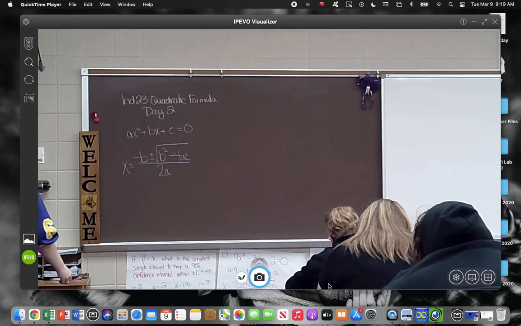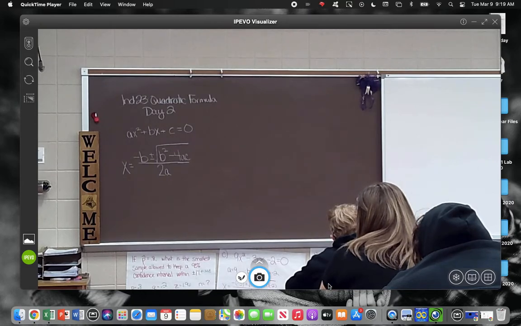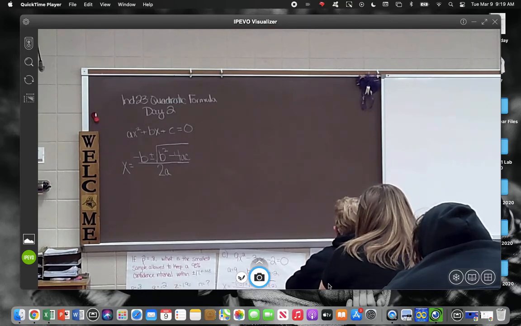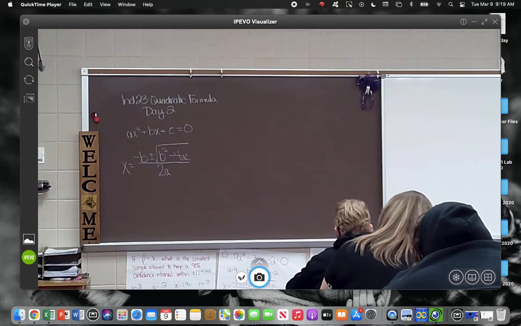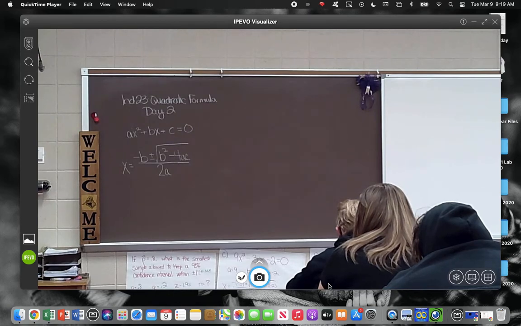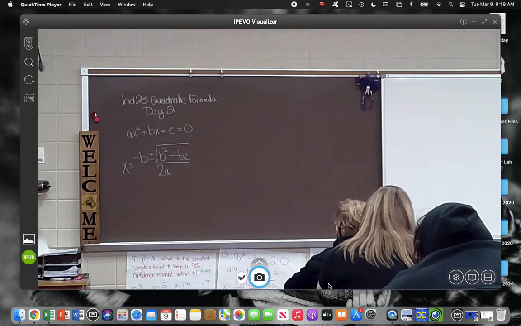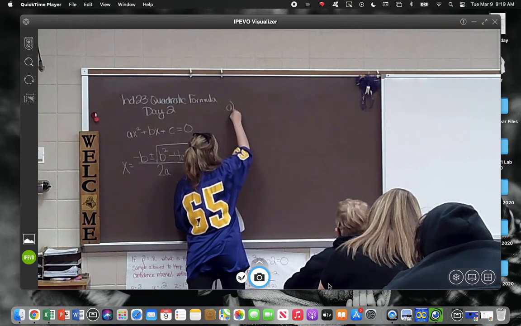The only thing that we're going to see different today is that what's inside the square root is not going to be a perfect square. So we aren't going to see square roots like 25 or 36 or 100 today. We're going to see things that have to be simplified, like 40, 120, different things that you can simplify and reduce, but we just won't see anything that's perfect today. So the first example I want to do,